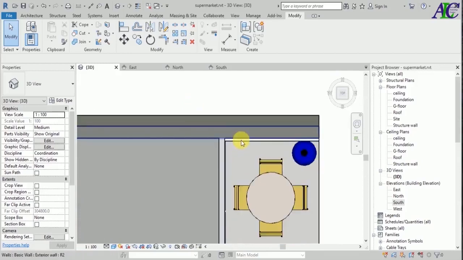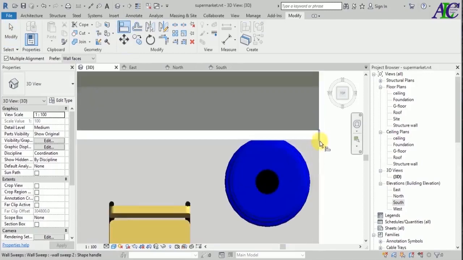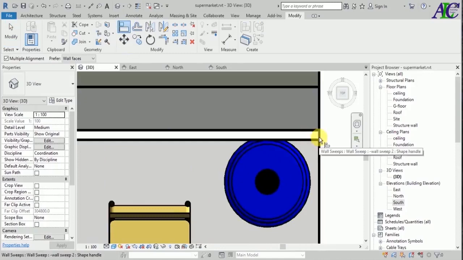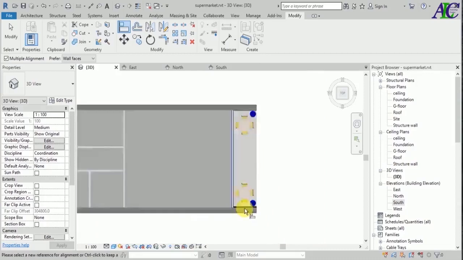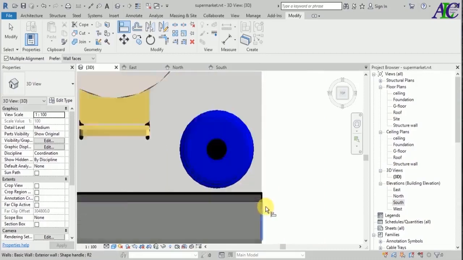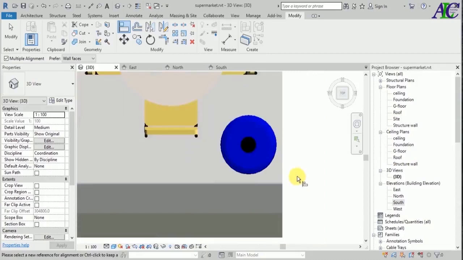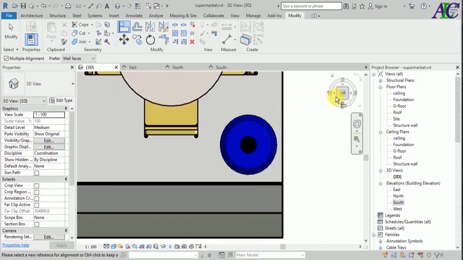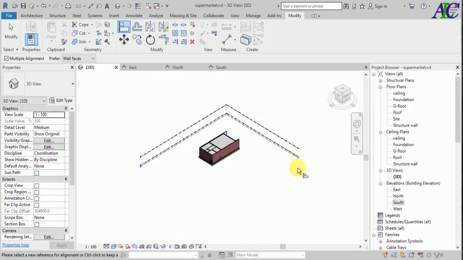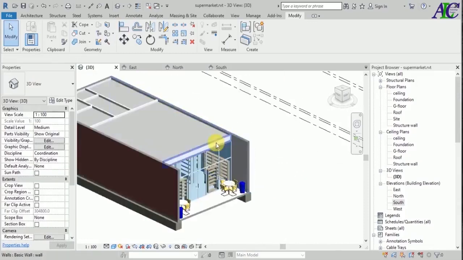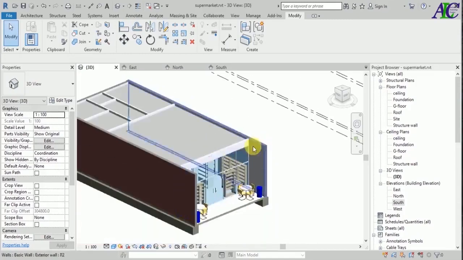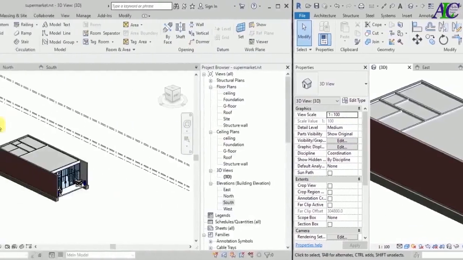Okay, maybe I use the align tool, align from inside the door, inside the wall. Okay, if you can find this line, you can use the tab key. Okay, then the selection tool will change. Okay, now it's finished, the sweep,